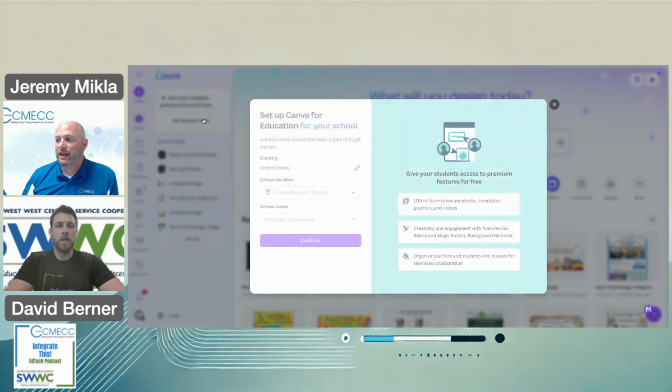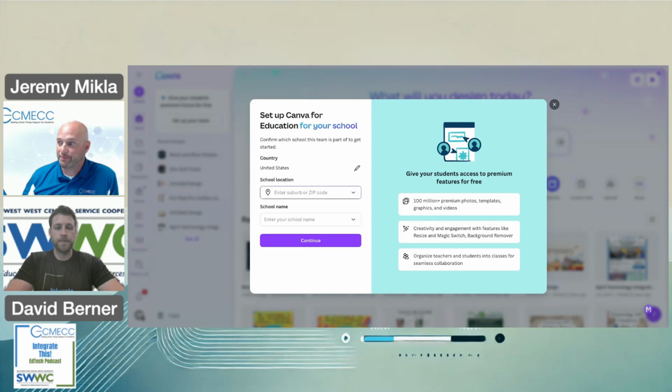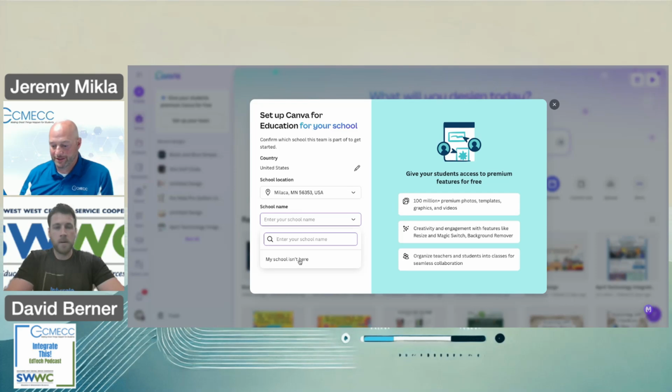So if I go in and I can set up a team, it can ask you to search for your school by zip code. I'll just enter that area. I live in Malacca, so I just typed in the zip code because that's the only zip code that I have memorized. And you can see if I search for this, it will give you, say my school is in here. So if I type in Malacca High School,